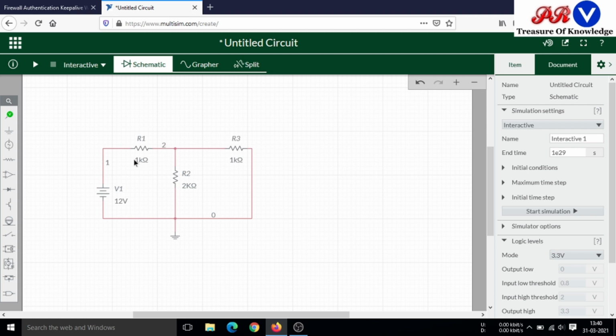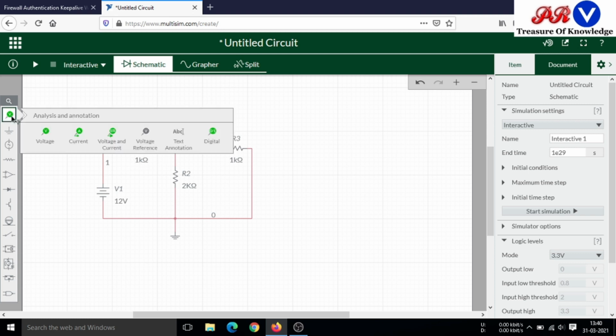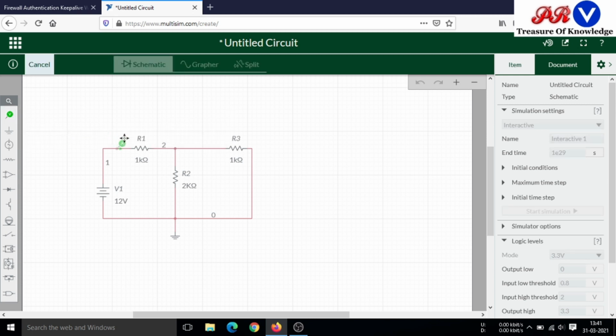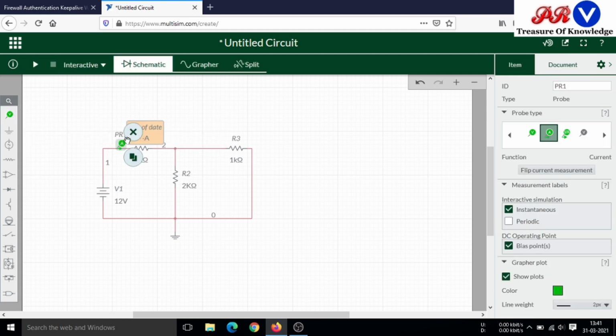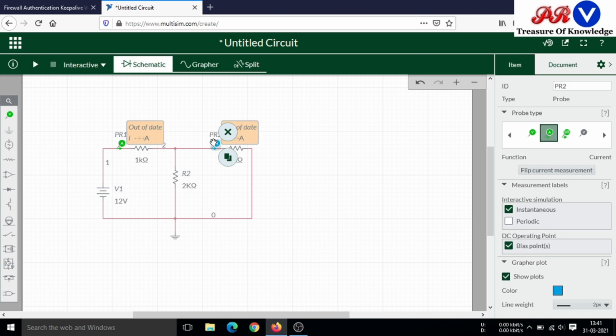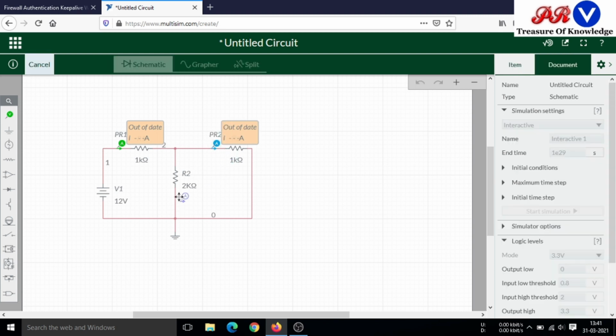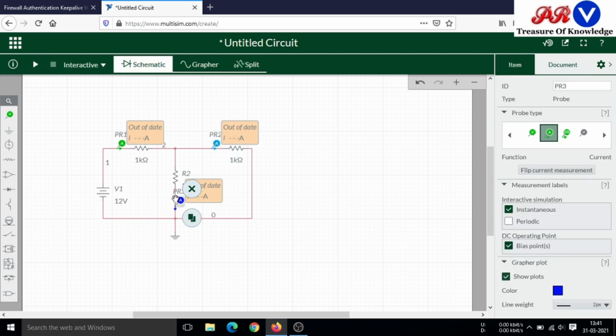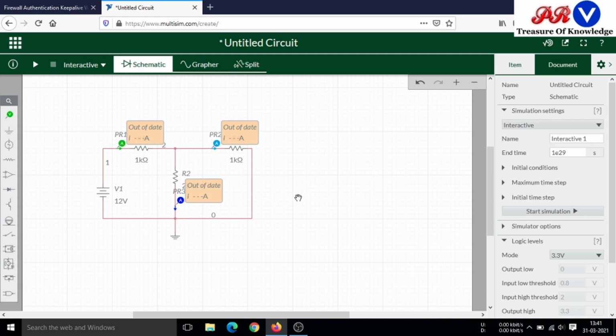This is the KCL law. I will use an ammeter to find out the current value in each branch, so I have connected ammeters to the different resistors. Now I will simulate the circuit.